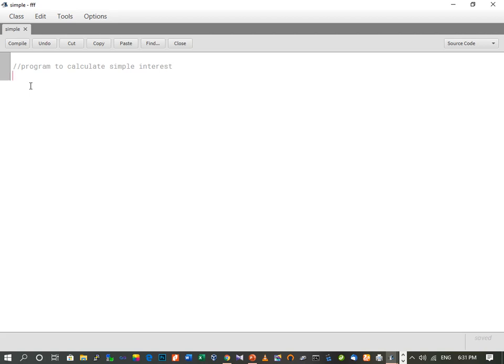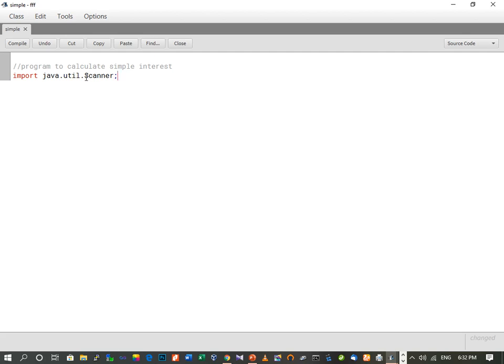Now here, as we are going to take input from the user during runtime, we have to import a class, that is the Scanner class, from Java. Import means to bring that class into our program. So we will write down import java.util.Scanner. Now here, the thing to notice is that the S should be capital.